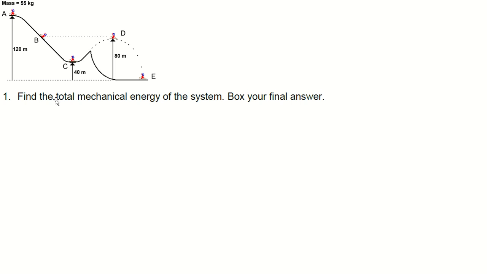Here's our problem number 1. Find the total mechanical energy of this system. Box your final answer. At point A, the skier is at the highest position and it is not yet moving. So that tells us the potential energy of the skier is at maximum at this point. And since it is not yet moving, the kinetic energy at this point is 0. So that means the total energy